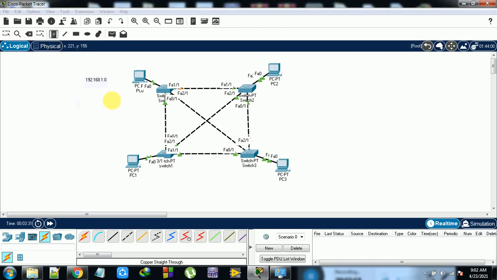Then copy and paste, one more time, and change the addresses of this one to maybe 10, this one to 95, and this one to 50.